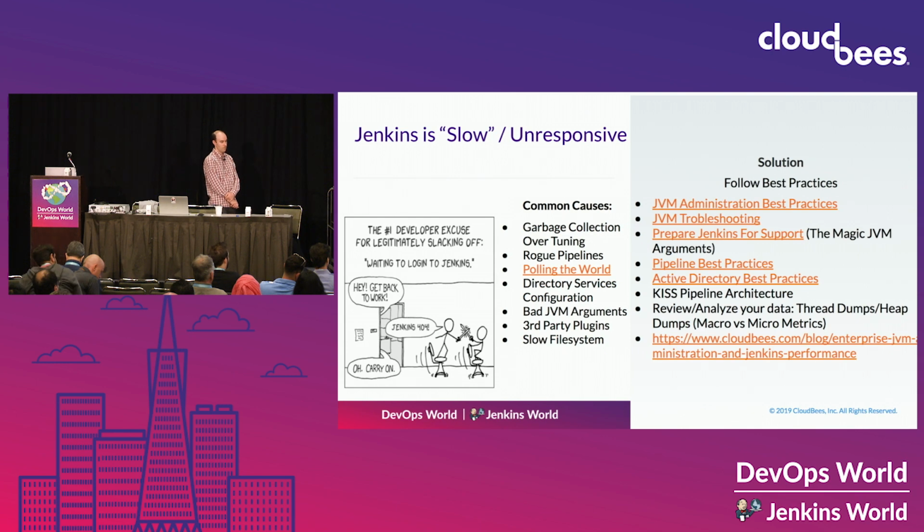The top reason that I see for Jenkins instances being slow is misconfiguration of garbage collection or JVM parameters. And the links on this slide, which I really encourage y'all to download, lead to some of the administration best practices that we've put together. That top link actually walks you through